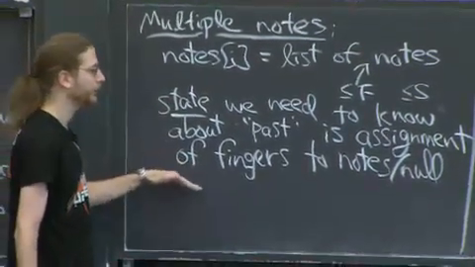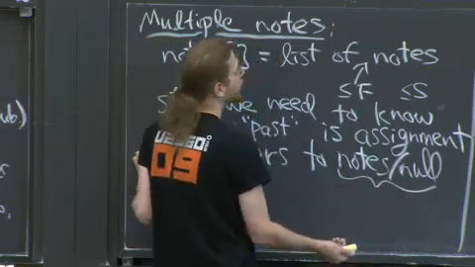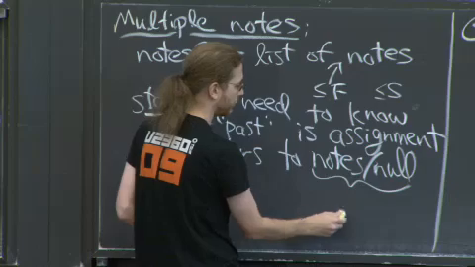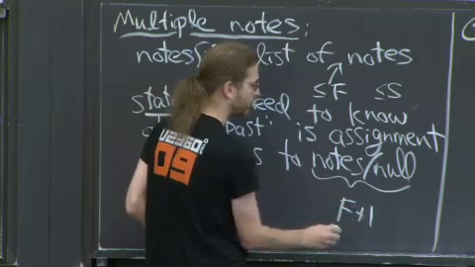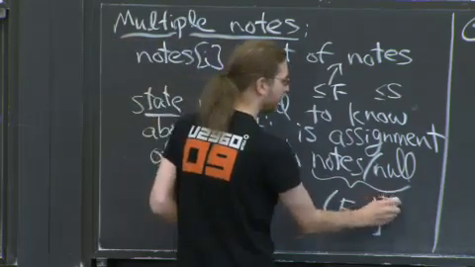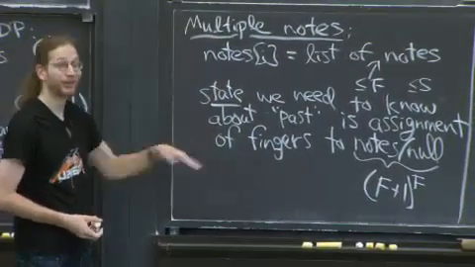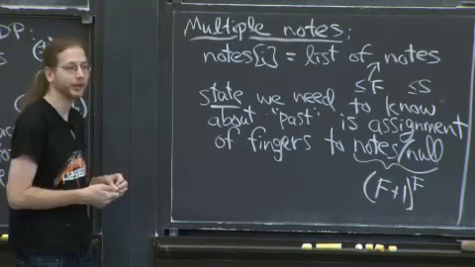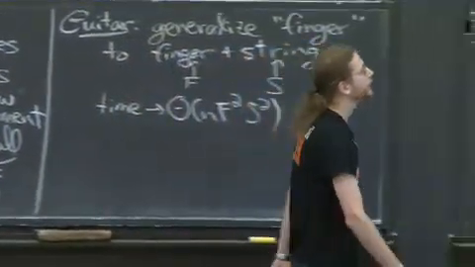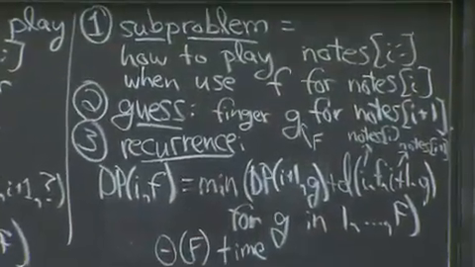So how many different ways to do such a mapping are there? I mean, this is just a function. So it's the number of targets of the function. Gosh. Well, I guess we said there are at most F notes. So F plus 1 is the maximum number of possible things each finger could do. And we raise that to the power of the number of fingers. That's the possible mappings of what all of my fingers could be doing. It's exponential in F, not so great. But if F is 5, it's all right. And then you just generalize the rest. I don't think I'll write it down in detail. But our subproblems now are going to be